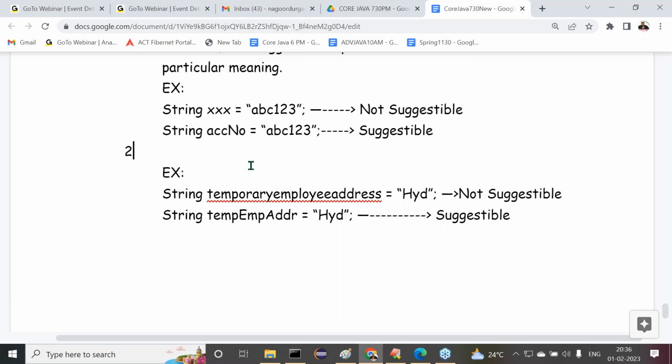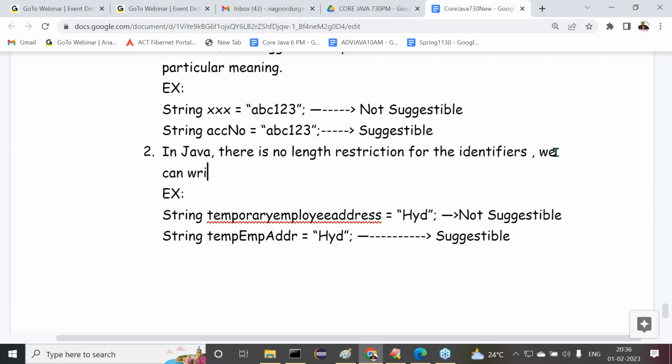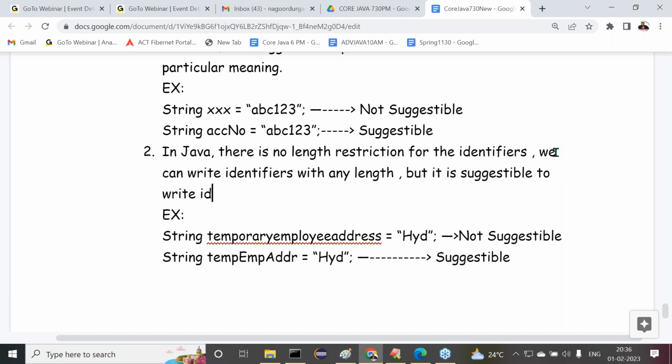But actually, the point is this. In Java, observe carefully, there is no length restriction for identifiers. We can write identifiers with any length, but it is suggestible to write identifiers